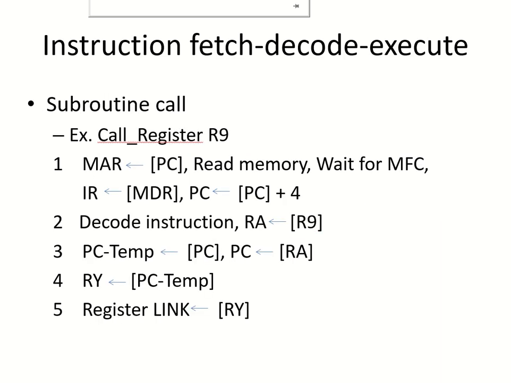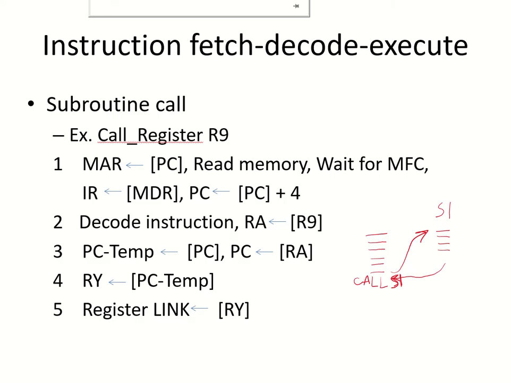What if there is a subroutine call? If it is a subroutine call, that means the program has to go to another subroutine, and after that subroutine has finished, it will come back to the calling program. So here is a call subroutine instruction, and it has to go to S1, complete that subroutine and return back to the calling program. So to return back to the calling program, the return address also has to be stored.